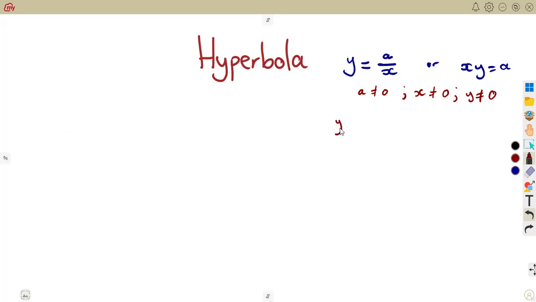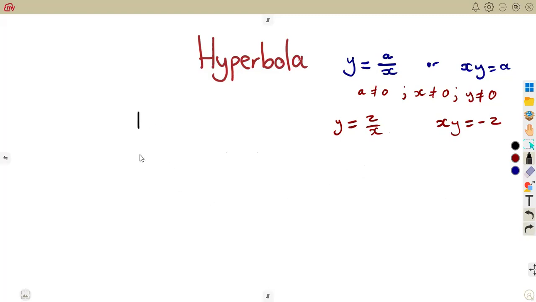Any function of that is a hyperbola. 2 over x, or you are given the product of xy is equal to minus 2, or xy is equal to 5. That's a hyperbola, which is limited when it is of this nature. It is limited